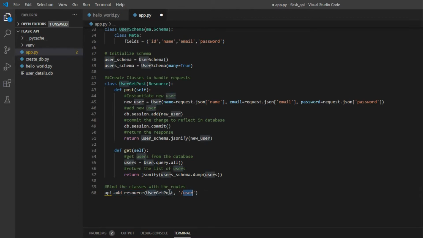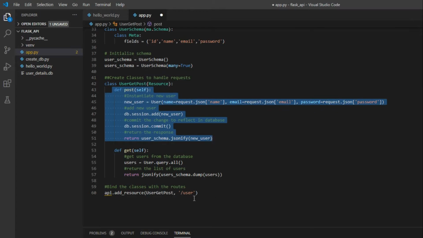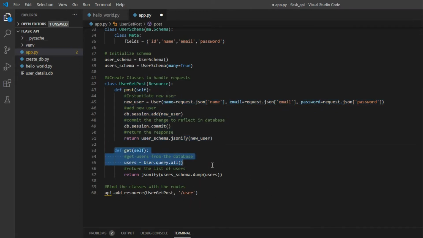We are adding this class with this route, meaning when a request comes to this route, it calls this class, and inside this class, the method the user is requesting is executed. If the user requests the post method, the post method executes. If the request is a get method, then the get method is called.